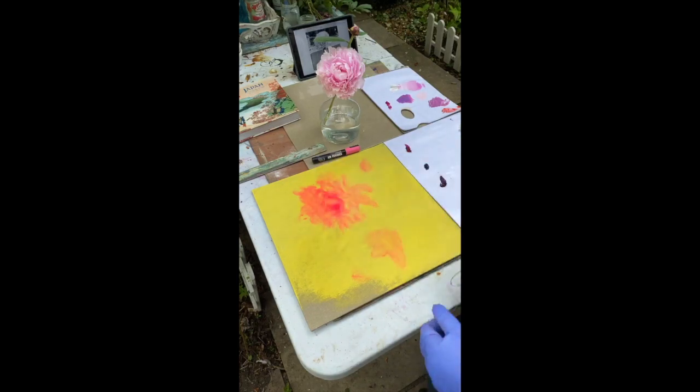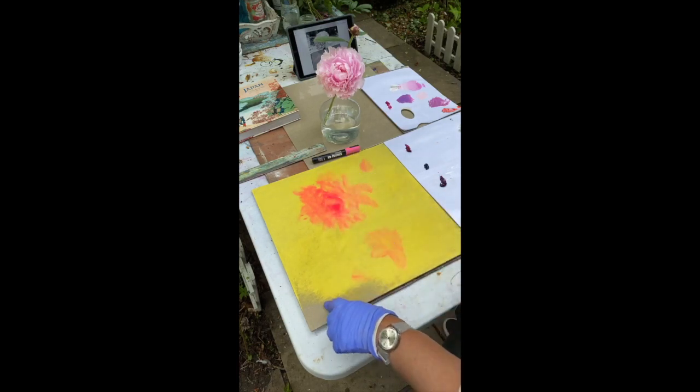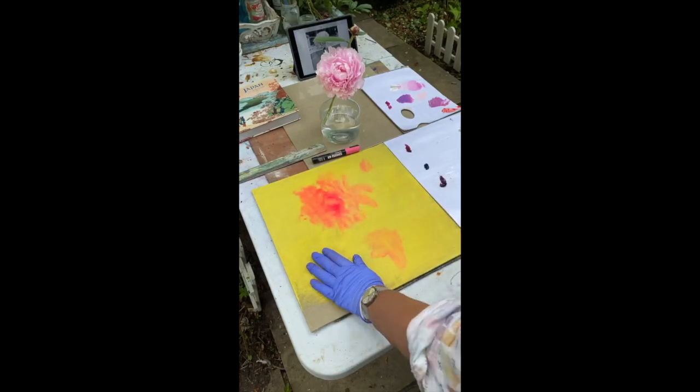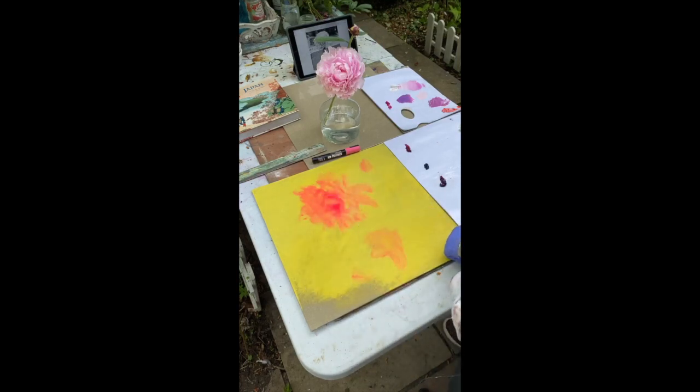I've just marked out a little bit of fluff here with a little bit of acrylic, on a yellow background. I'm using a linen covered board, and I've marked over that with some acrylic paint. That's just plain cad yellow, and some pink over the top of that. And I'm going to mix quite